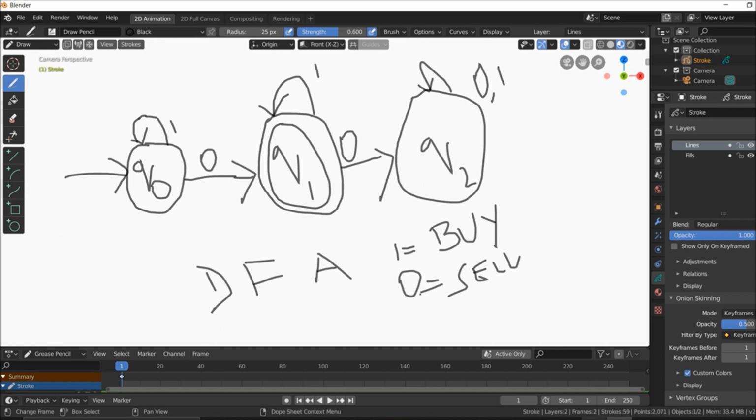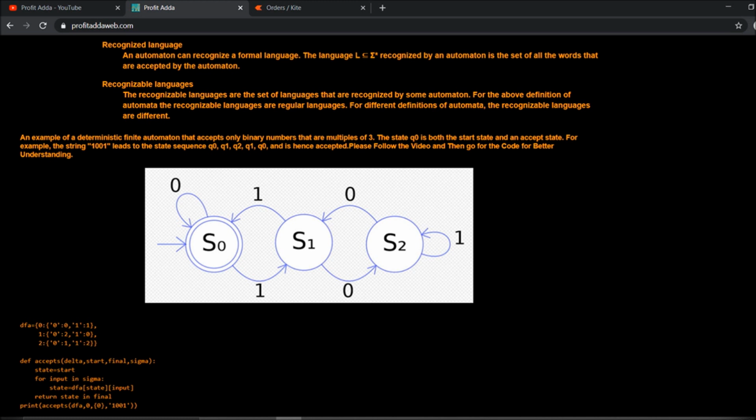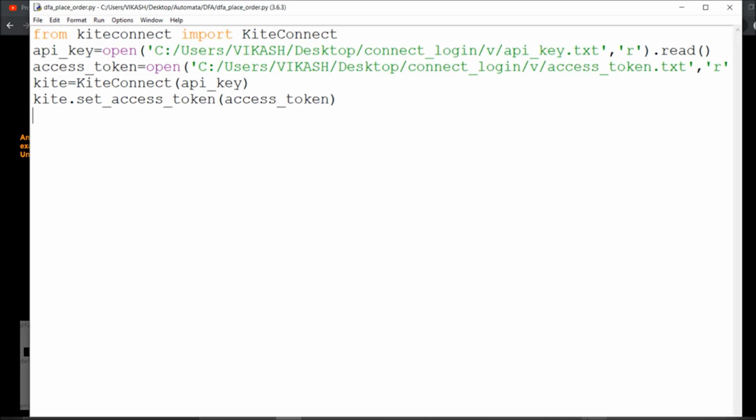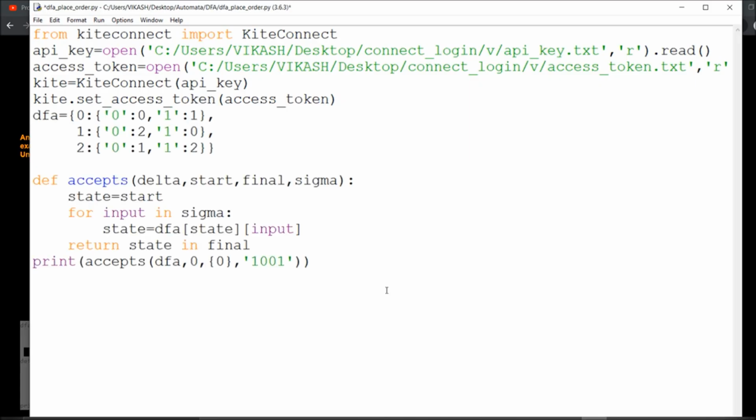Okay, right now you can straight away visit these links and just copy paste, and we will do some improvisation here. We will construct our table and then we will proceed accordingly. Okay, so this is just an example of the DFA which I took. They are saying that you should keep only one 0, and more than one 0, twice or thrice, will not be accepted, it will not reach the final state.